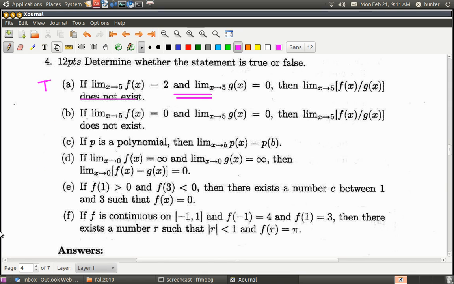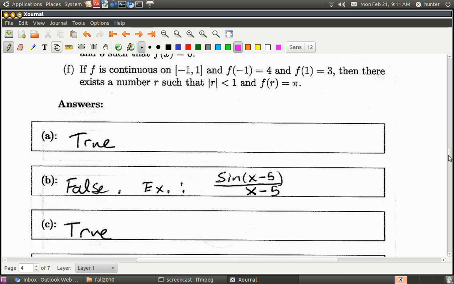Okay, and what about B? B says if f goes to 0 and g of x goes to 0, then the limit as x goes to 5 of the quotient does not exist. And this one actually is false. Alright, so let me give you an example of a case where it does exist. So consider something like this. So sine of 0 is 0, and so what happens to this thing as x goes to 5? As x goes to 5, this turns into sine of 0